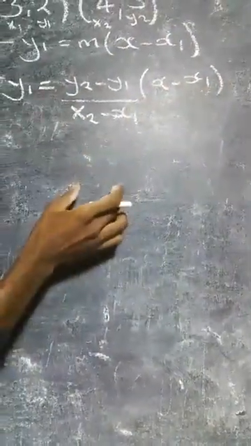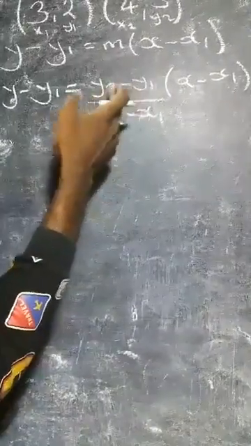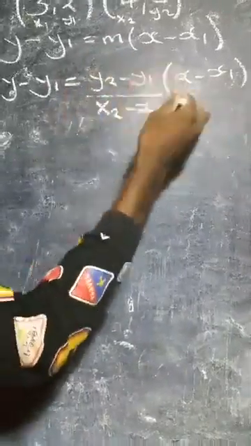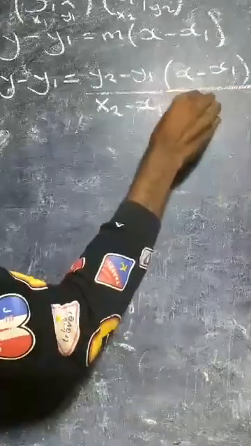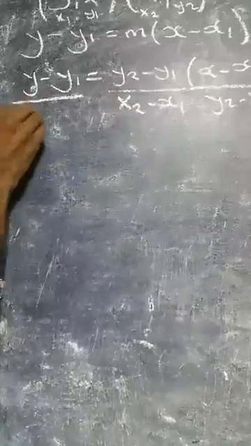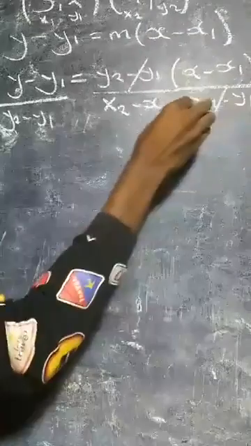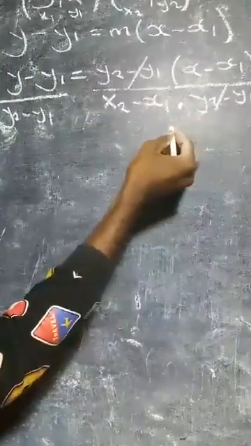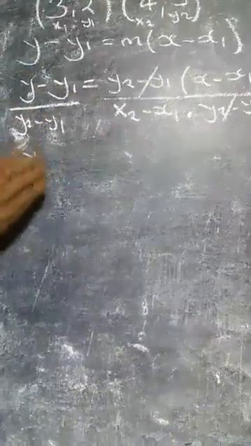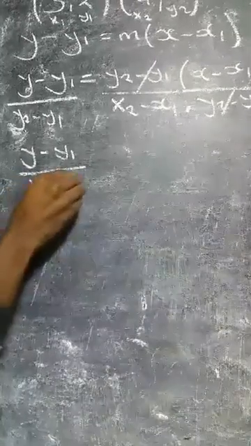So we shall get rid of this one. And how do you do that? You divide both sides by this one. So if we divide over y2 minus y1, these cancel out, of course. What we now have is y minus y1 over y2 minus y1